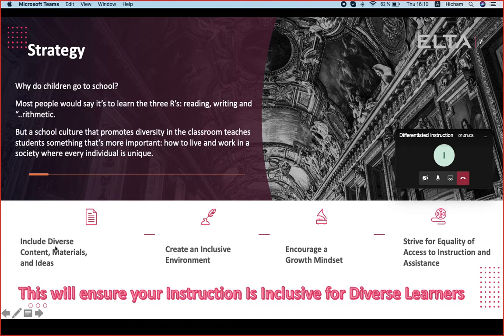Whenever we are teaching a lesson, we are teaching a skill, we are teaching a model, we are teaching a notion, we need to include diverse content. We need to include materials and ideas which are going to cover all your students' abilities, which means that every single person in your class will be able to understand, will be able to raise his or her hand, will be able to contribute, will be able to say a word, will be able to make a project. And this is what we lack.